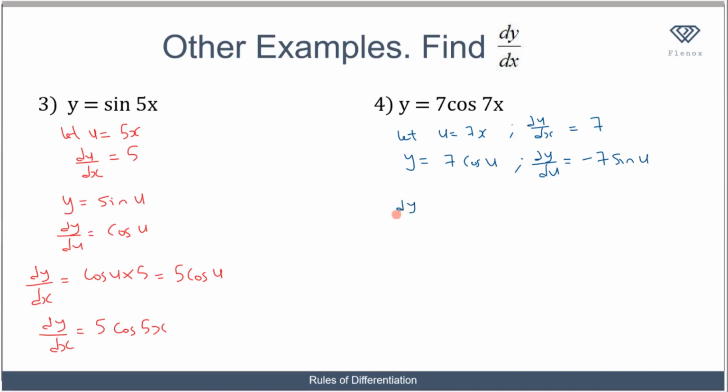So my dy over dx will be equal to 7 times minus 7 sine u. And that is equal to what? Minus 49 sine u. And I can replace the value of u, which is 7x. So dy over dx equals minus 49 sine 7x. So now this is how we deal with the chain rule, but there is a shortcut towards solving it,